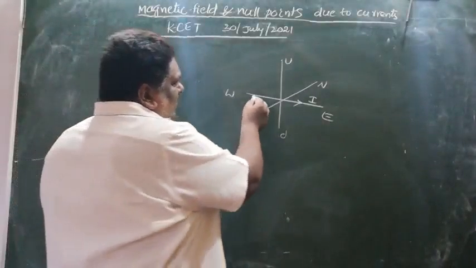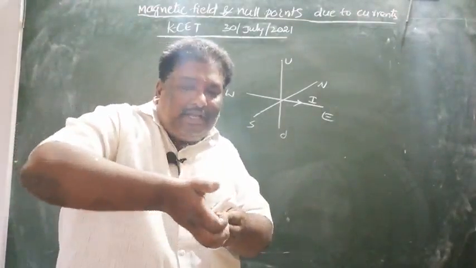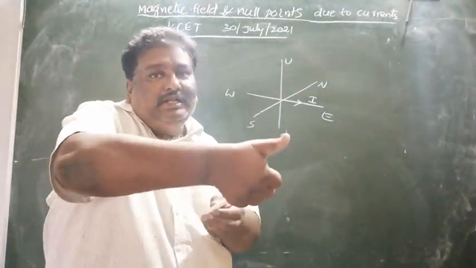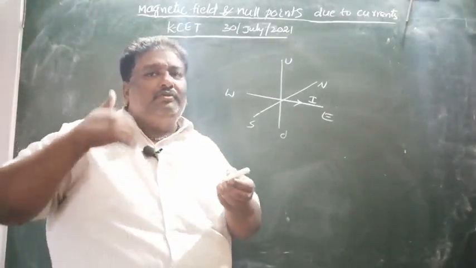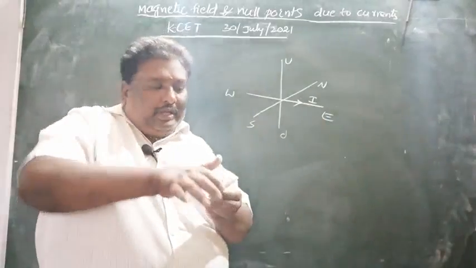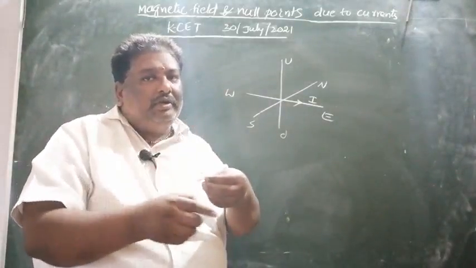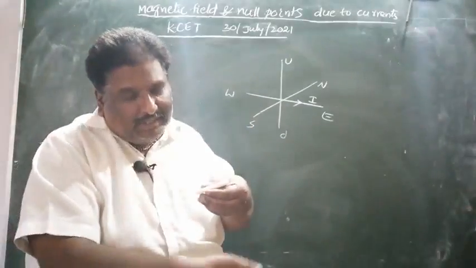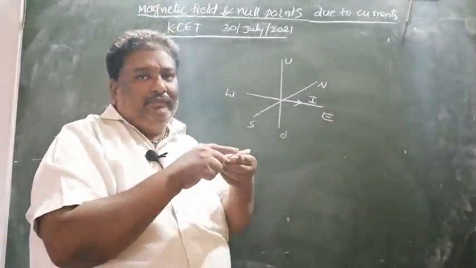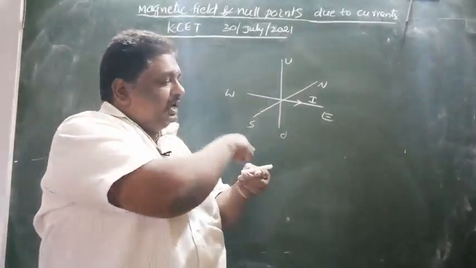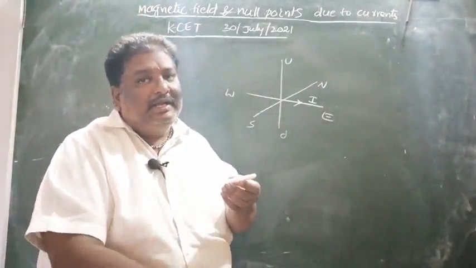So here current is passing now. You have to hold the conductor in your right hand. In the thumb direction current is passing. That means west to east current is passing. In the remaining fingers direction, the magnetic field is circulating. Under the conductor it goes like this. I stand in west, it is east. Okay, it is south, it is north. You hold like this: south to north under the conductor.